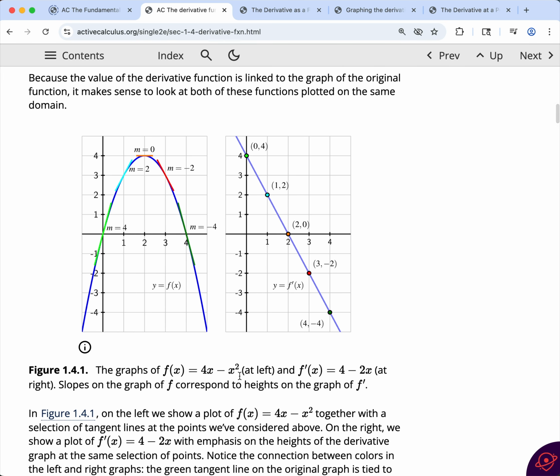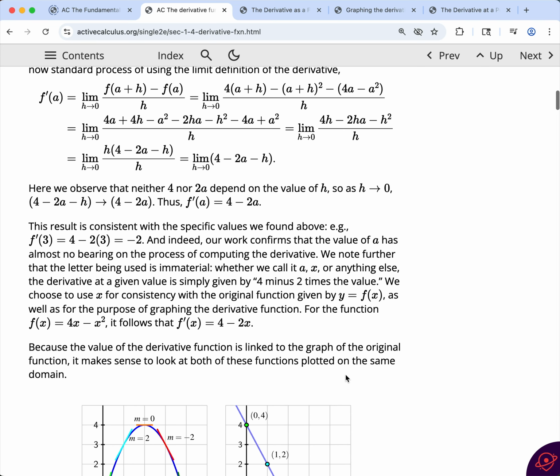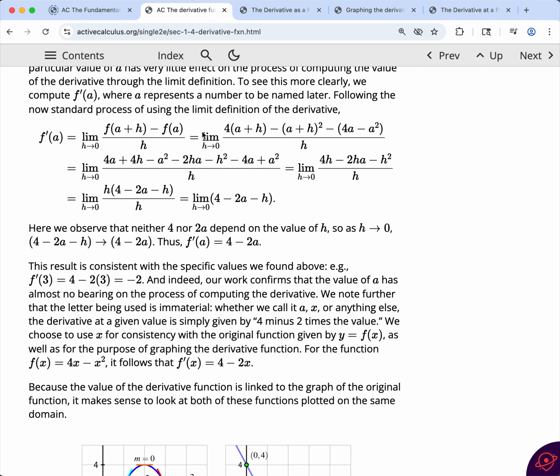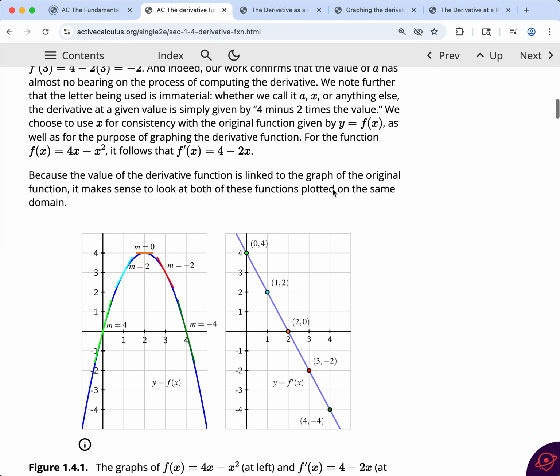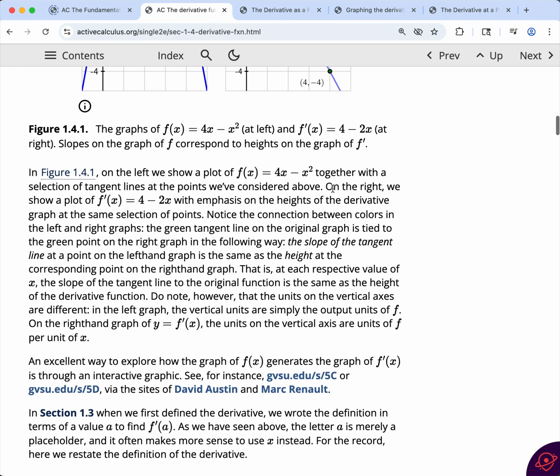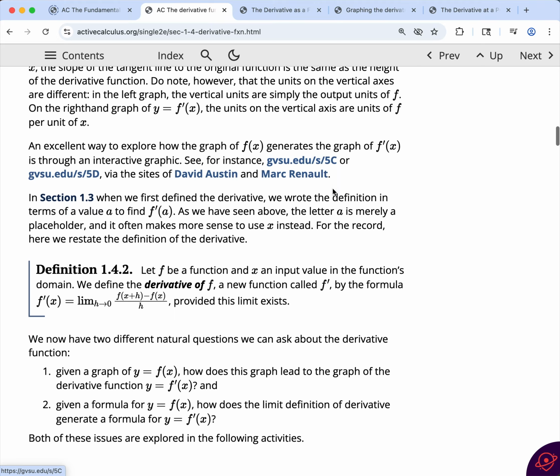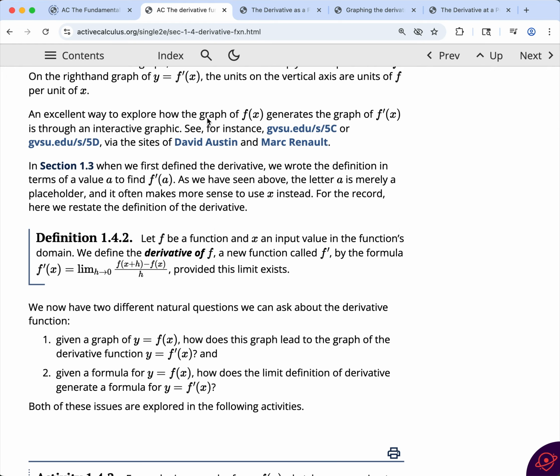So the slope function for 4x minus x squared is 4 minus 2x. Now we're going to learn some tricks on how to get straight from here to here without doing all of this. But first, what we worked on in class was,